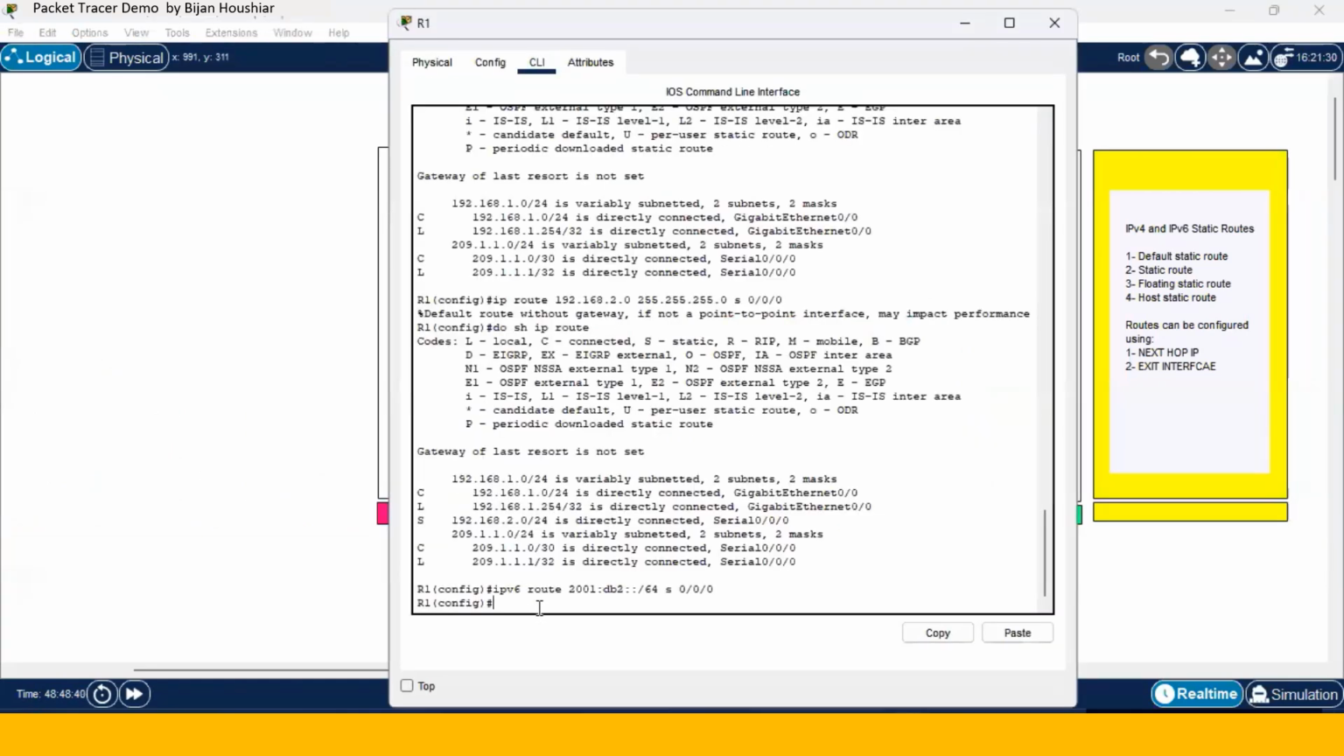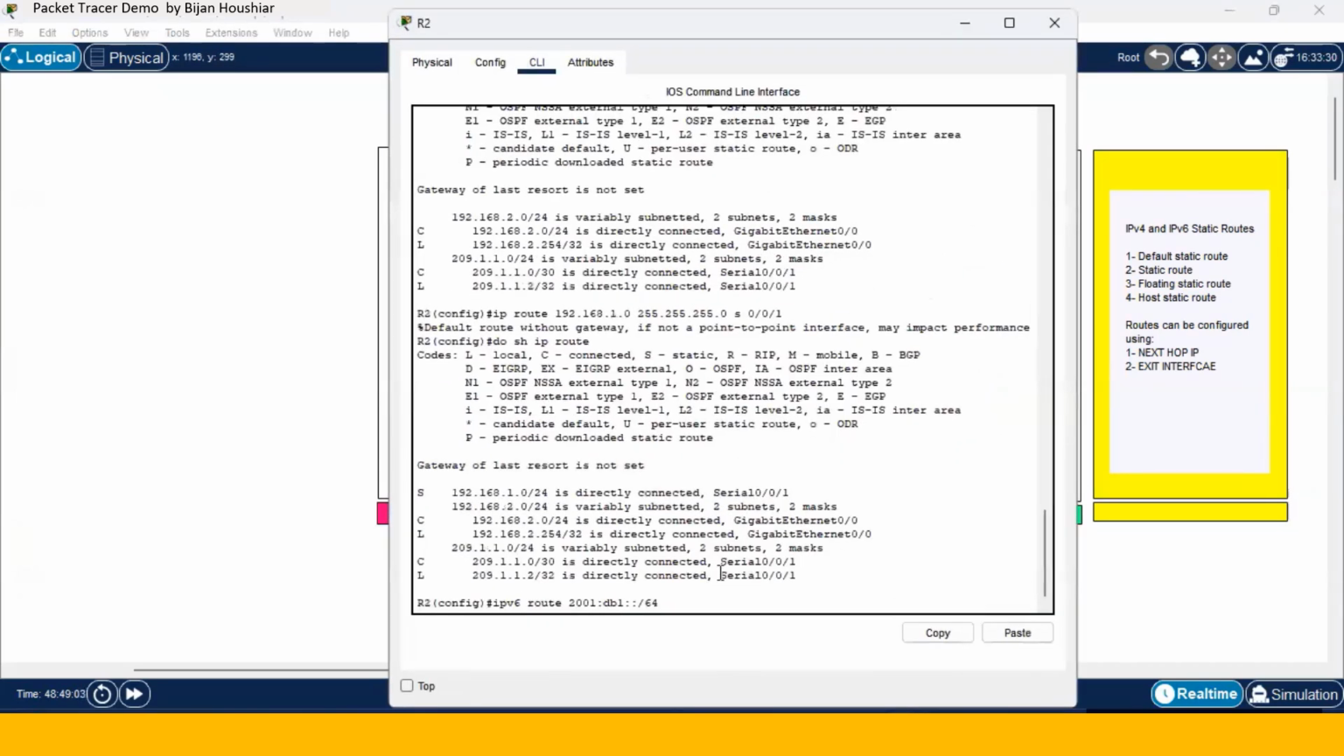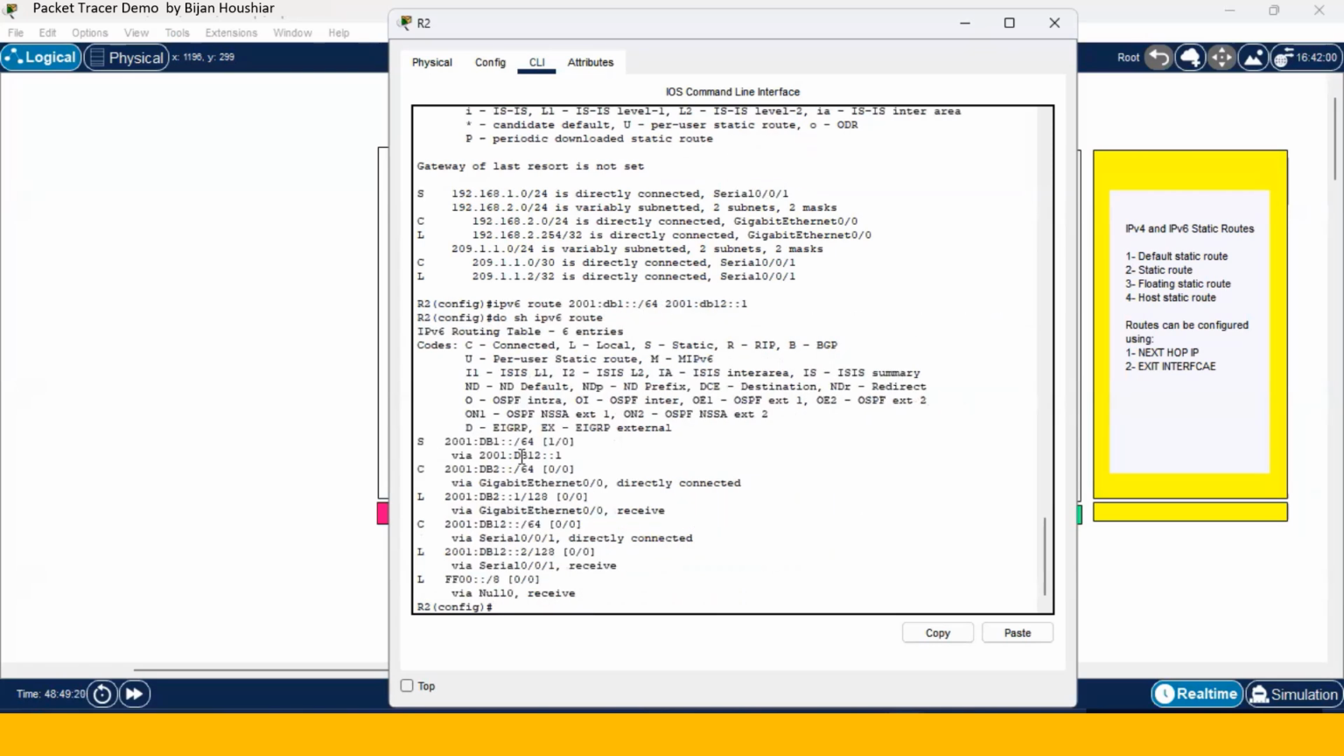to router 1 and perform do show ipv6 interface brief, you'll notice that the IPv6 address of serial 0/0/0 of router 1 is 2001:db12::1. We can use that in here as the next hop IPv6 address, 2001:db12::1. Here you go. Do show ipv6 route. A static route is added,